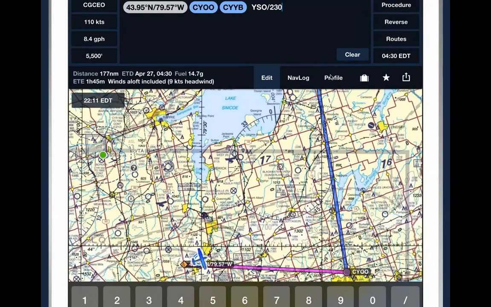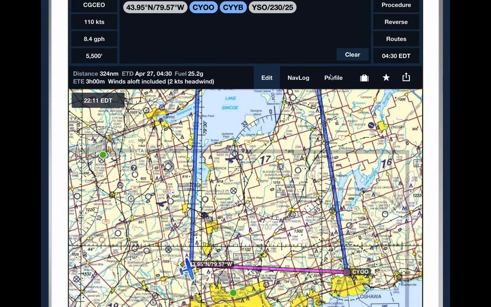I want to track from the Simcoe VOR on a radial of 230, because that's approximately where we are right now from the VOR, and let's say about 25 DME from that VOR. If we input that into our nav log there,